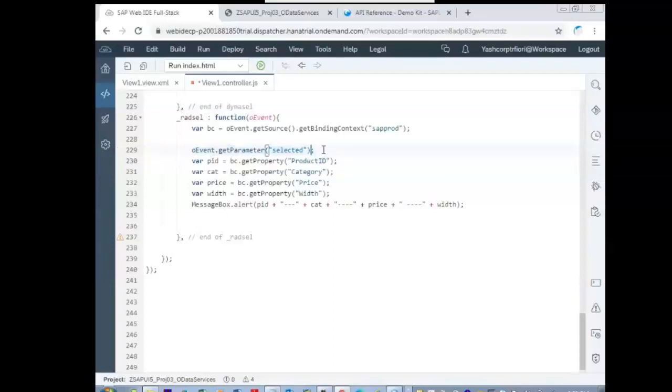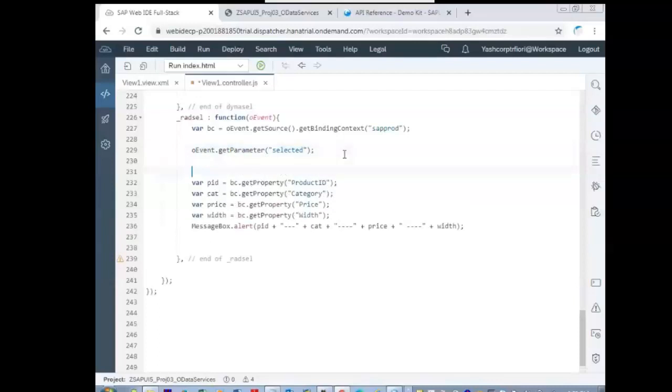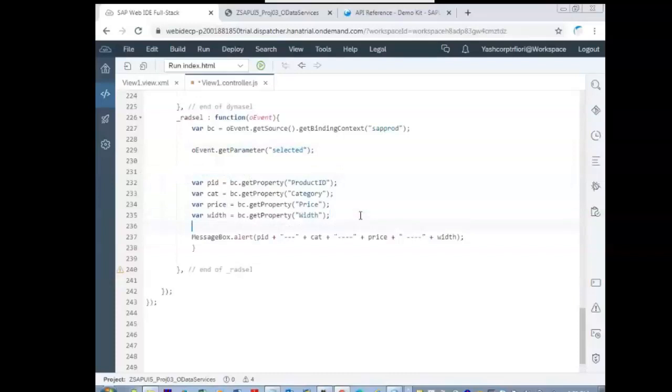When the radio button is selected, this returns true. Now my idea is, if true, then only populate this. If true, then only populate the box, and write this also. Else, don't populate.